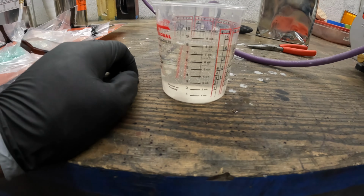We mixed up 8 ounces of resin just for ease of calculation. It takes 3 parts epoxy to 1 part hardener. It says 100 parts epoxy to 34 parts hardener. So do 6 ounces of epoxy and add 2 ounces of hardener. And that should give us enough to have extra in our lines and extra in the cup, as well as hopefully have some nice parts, because that's really what we're after. So yeah, let's